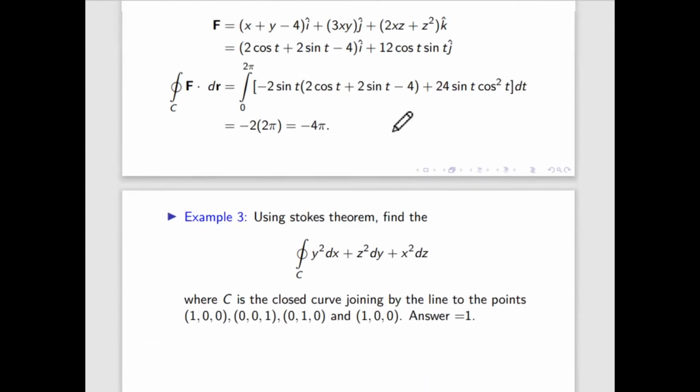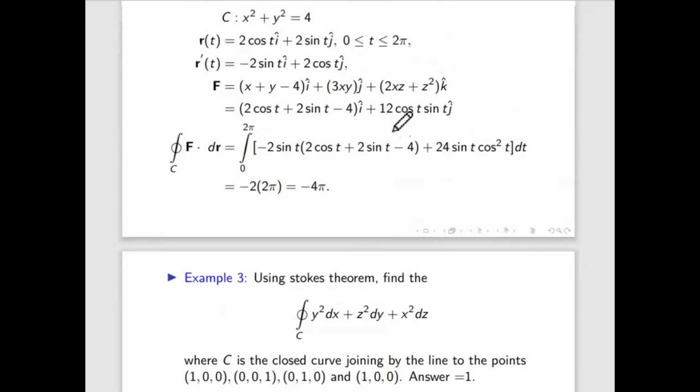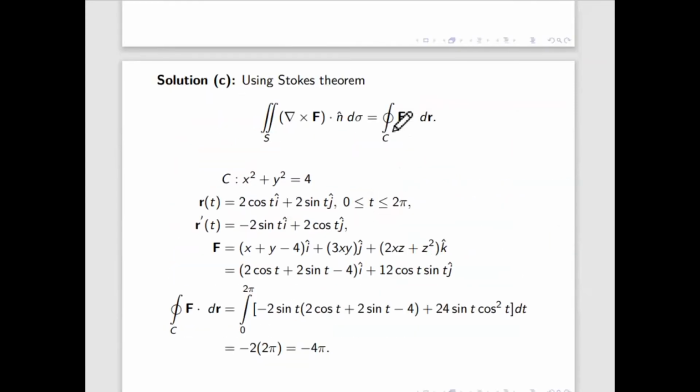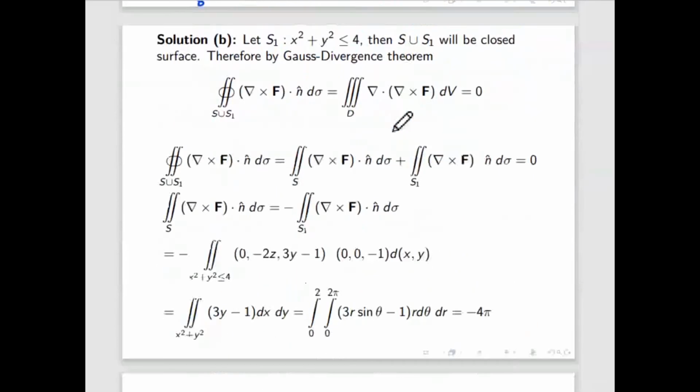For the surface integral, the easiest technique, whatever we learned today, is to use the Gauss divergence theorem. You can calculate the surface integral by a double integral over the open part of that surface, like we did in this exam. So instead of applying it over the cone, we are applying it over this particular disk. In the disk it is easy.